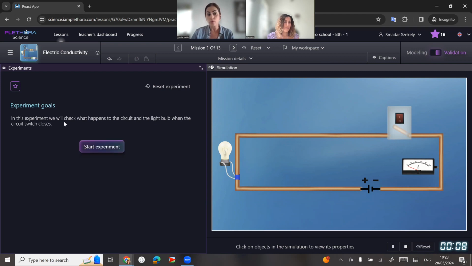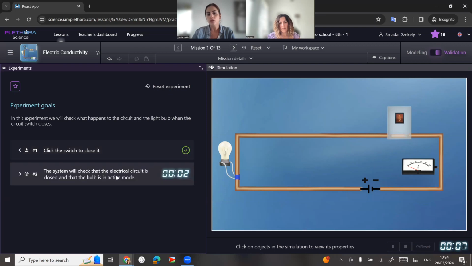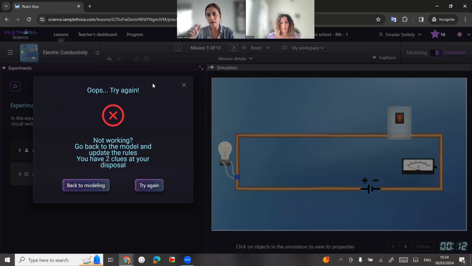So it says here that in this experiment, we will check what happens to the circuit and the light bulb when the circuit switch closes. Let's start the experiment. I get an instruction to click the switch to close it and hit done. The system will check that the electrical circuit is closed and that the bulb turned on. The system will check the right